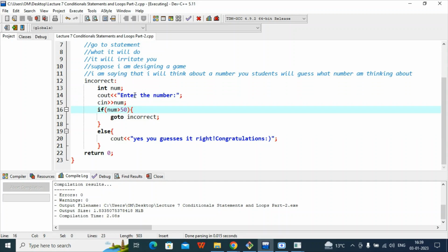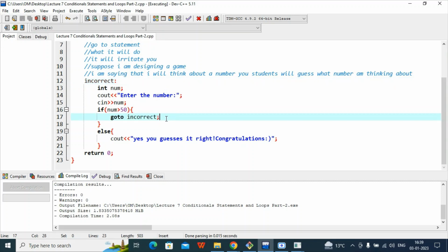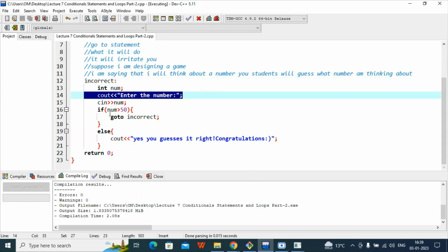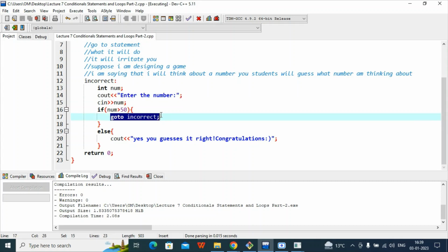Then suppose you guessed it. Initially you guessed 120. My code will check 120 greater than 50, go to incorrect block. Now you will again go to this block. You entered 78 or 53, something like that. Again it will check, okay, 53 greater than 50, send the students to the incorrect block. I sent you again to the incorrect block. Then the third student entered 78. Then again I checked, 78 is greater than 50, I again sent you guys